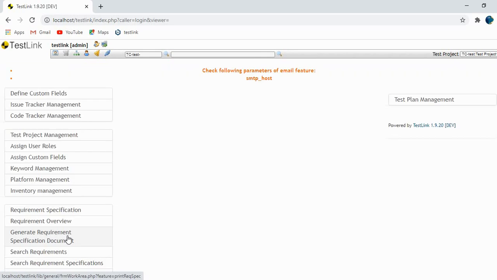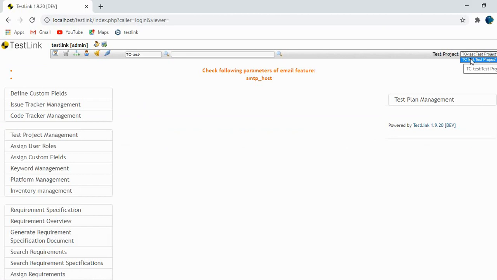As soon as you click on the create button, it will create the project. And see, here you can see the project. TC-test is the test case ID that we have given, and test project 1 is the test project name.